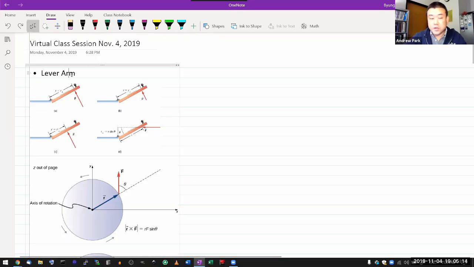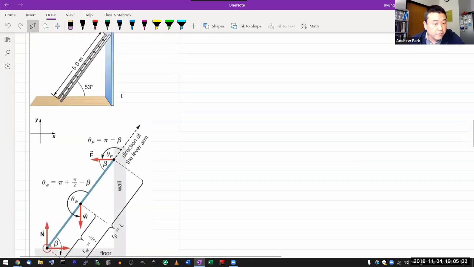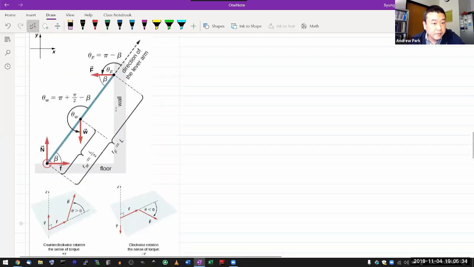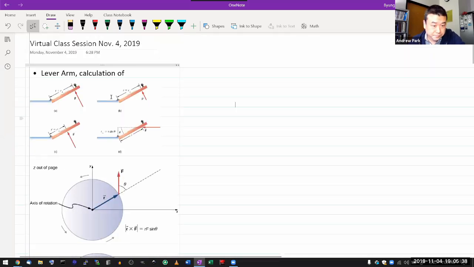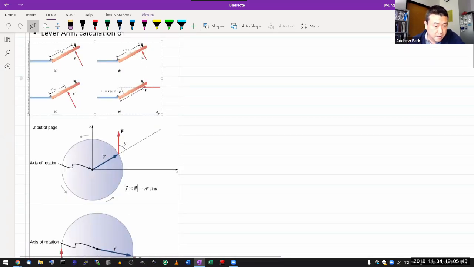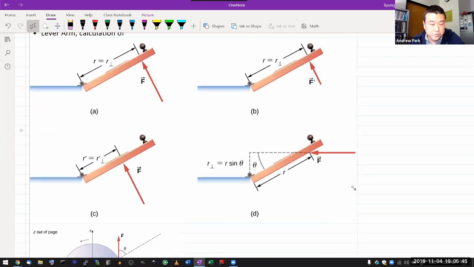So for the calculation of lever arm, what I have done is I picked out a number of figures from the textbook so that I can illustrate lever arm. There's quite a few of them, and I think I can go through all of them. It's not very long to go over them, so might as well. So this first figure is what in the textbook to introduce